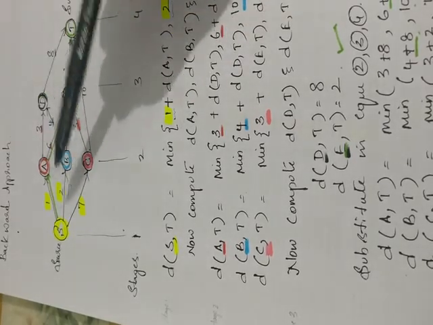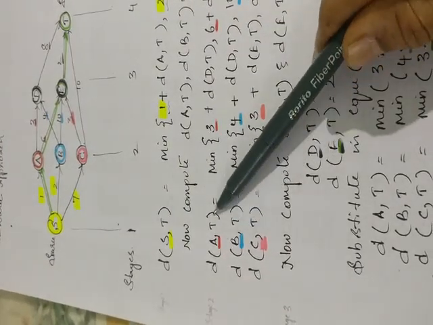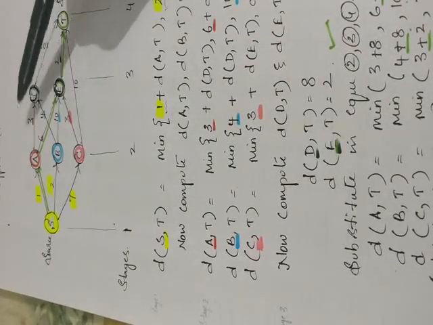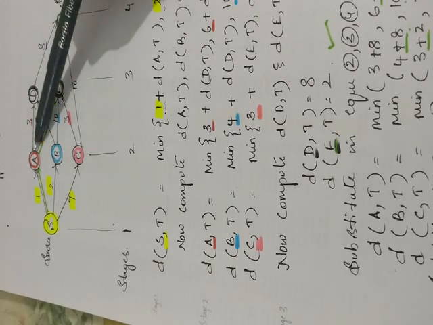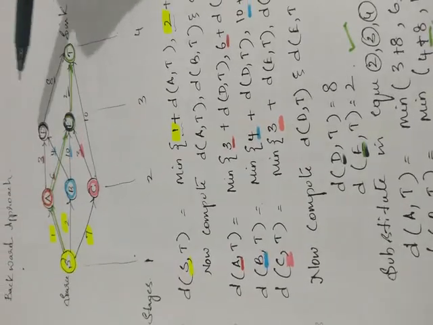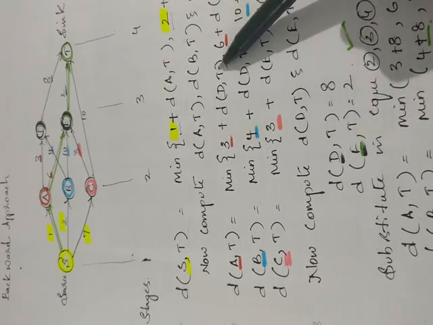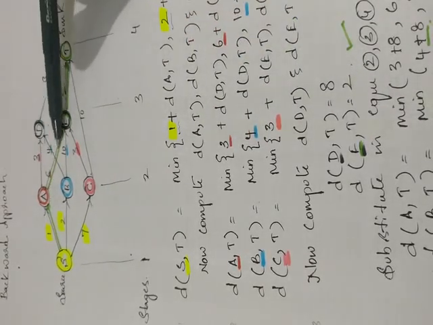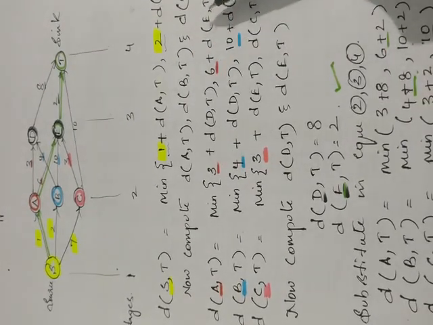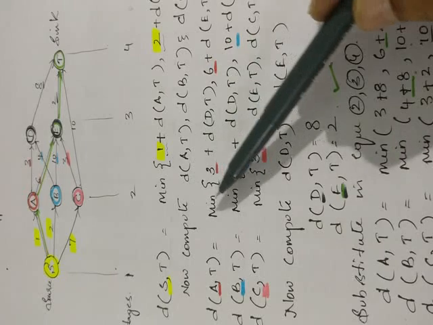Similarly, now if I am taking from A, that is, the distance of A to T is to be computed, then what should I take? From A, I know this value, that is A to whatever, where it is reaching is immaterial. What is the edge value? 3 plus, what is the distance yet to be covered? D to T. So you can see here 3 plus distance of D to T. There is one more edge also, 6, and distance of E to T. So you can see here 6 plus distance of E to T. That is two edges are available from A. That is how we have computed. Of these two, we will be taking the minimum.